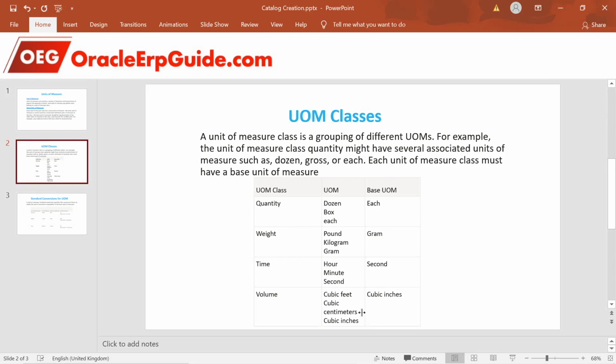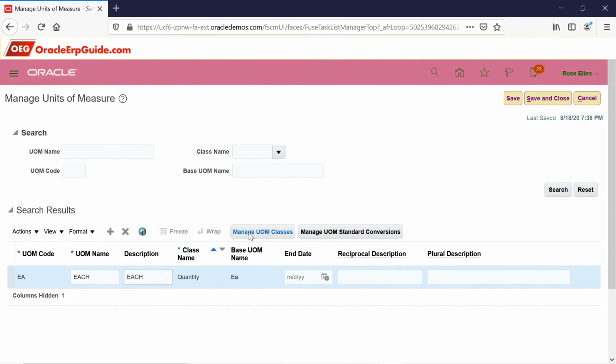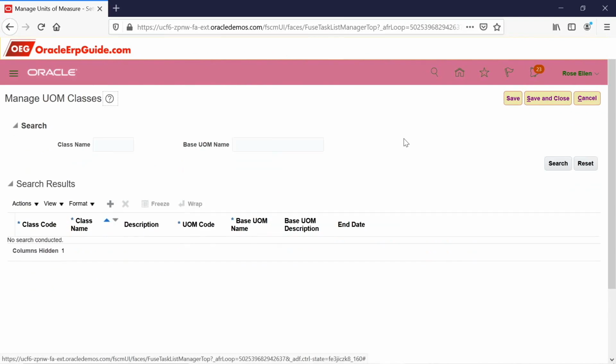So you can have n number of business scenarios where you can have this conversion defined, because each business might be doing different scenarios for their own business. So in that case, you have to do it based on the business. Sometimes you might be doing a service business. So in that service business, maybe you might have each or time. So maybe you will be billing your client based on the time. So in that case, we might not be using weight or volume. So whenever you define this in the Oracle Cloud, you have to be careful so that you map your current business. So let's also see how you create a manage UOM classes.